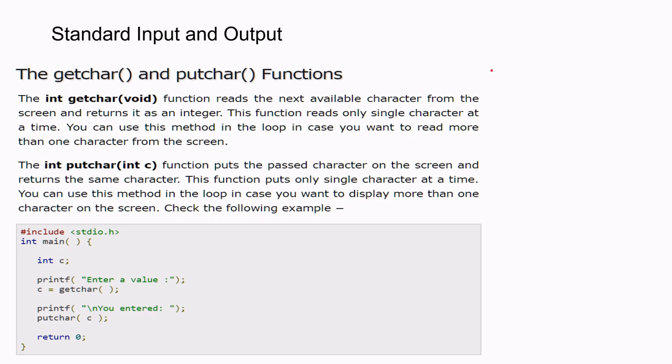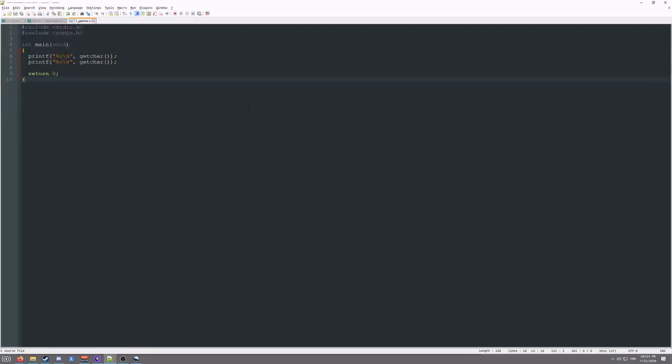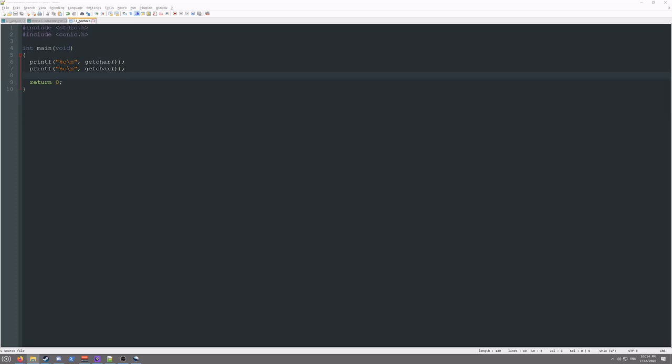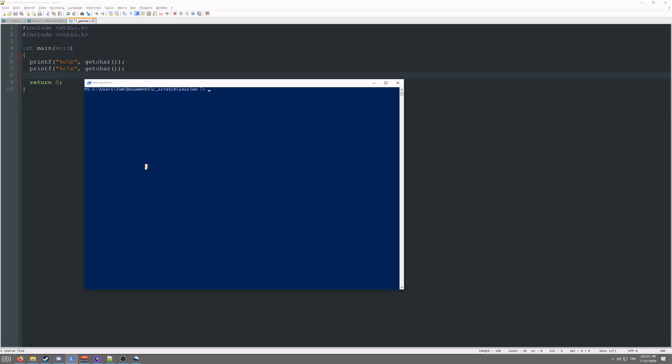I actually have a quick piece of code right here that'll just demonstrate this. In this, I have the same line twice in a row. I just printf one character, and the character I get is from getchar. What will happen here is, I need to open up a terminal emulator here. Bash, there we go. So, if I've already compiled this,